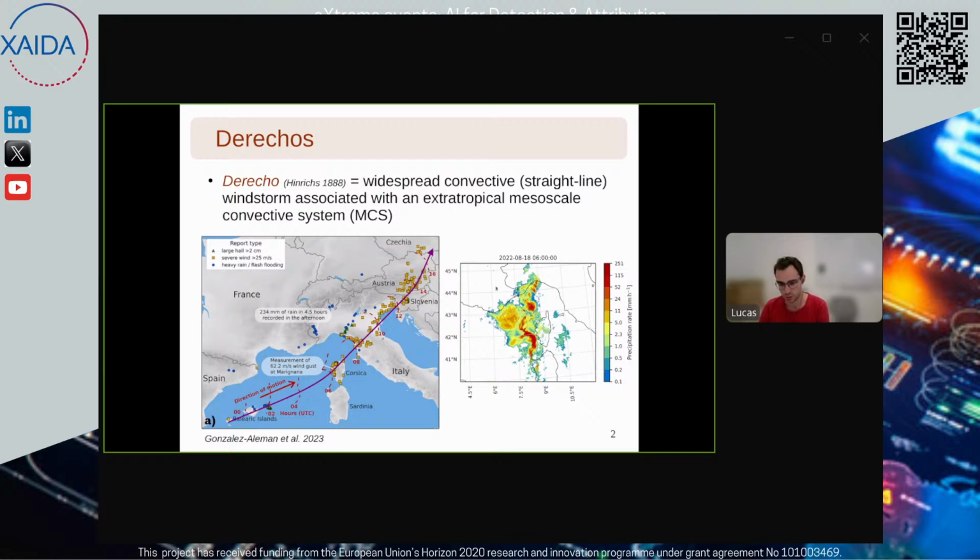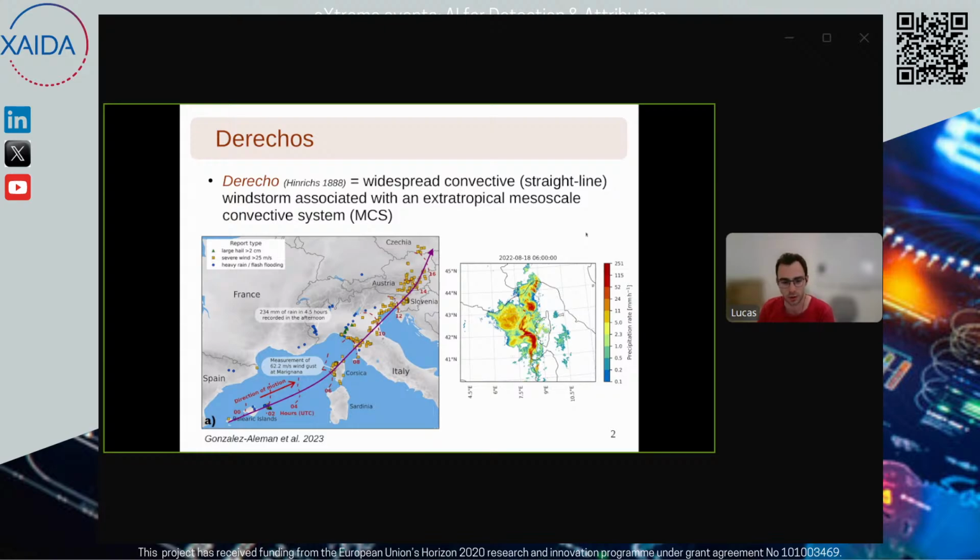In the right picture, you have a weather radar display at 6 a.m. on the 18th of August 2022, where you can see a red patch that corresponds to high precipitation rates. This is a snapshot of a very severe convective storm, a mesoscale convective system. It has a bow-like linear shape about the size of Corsica, the French island in the Mediterranean, and it is about to hit this island. So this is an example of such a storm,